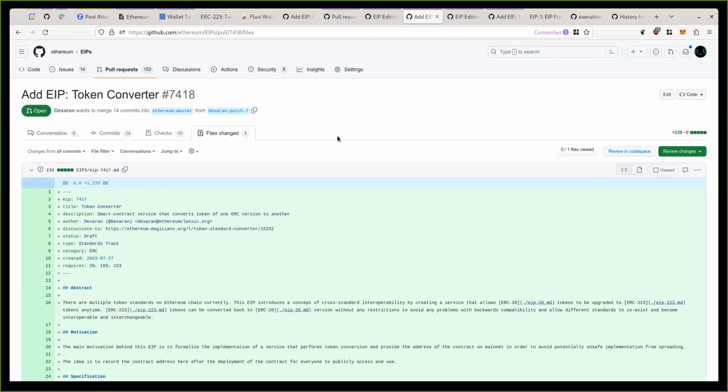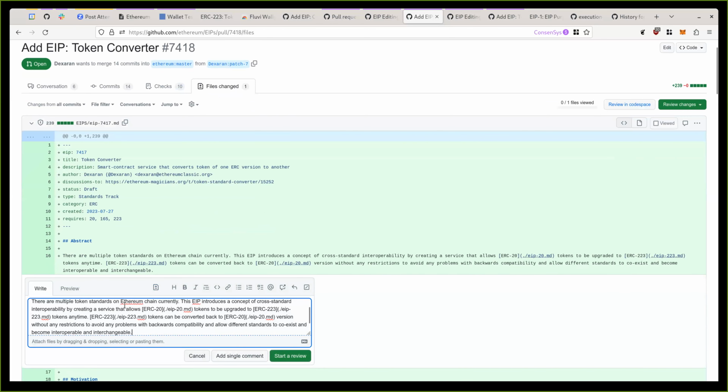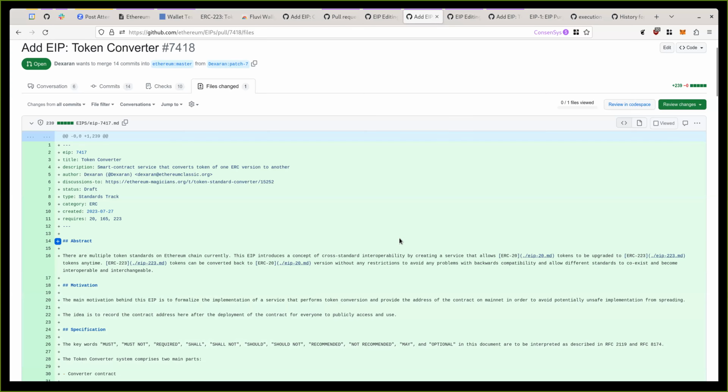Smart contract service converts token of one ERC version to another. There are multiple token standards in the Ethereum chain currently. The EIP introduced a concept of cross-chain, cross-standard interoperability by creating a service that allows ERC20 tokens to be upgraded to ERC223 tokens. Yeah, I mean, I guess that's fine. ERC223 tokens can be converted back to ERC20 version without any restrictions, for backwards compatibility. Okay, so